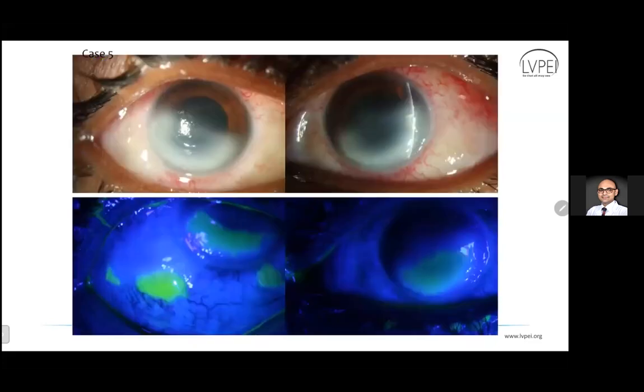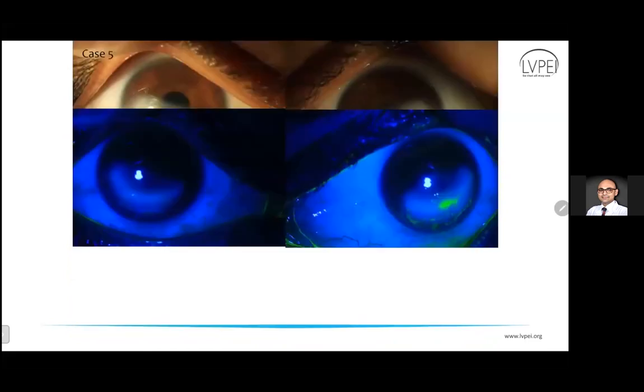So again, another exception to that rule. This is a case with hot oil falling in the eye. You can see where the oil has spilled on both the inferior cornea and on the conjunctiva. Again, it looks very bad. But if you persist with your medical therapy and you keep assessing how the patient is responding,